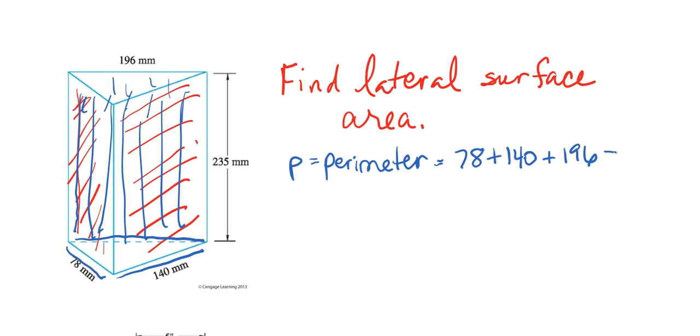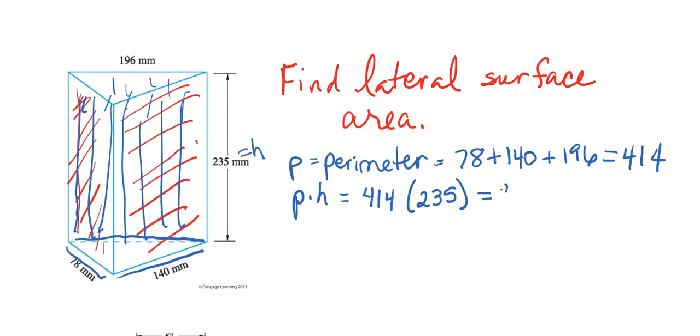So that's 414. The height of this shape is 235. So I take the perimeter times the height to find the lateral area. So 414 times 235 is 97,290 millimeters. Now, in order to determine what exponent this should be, am I filling a two-dimensional object